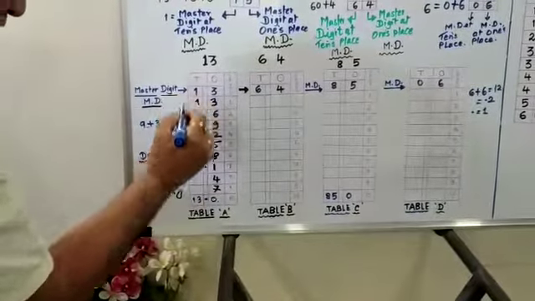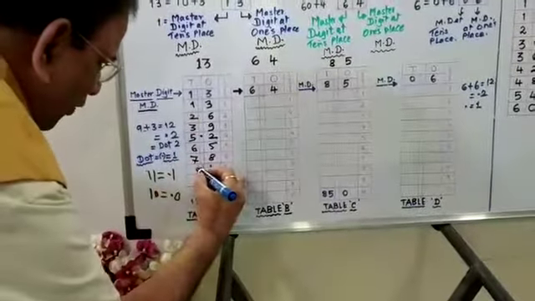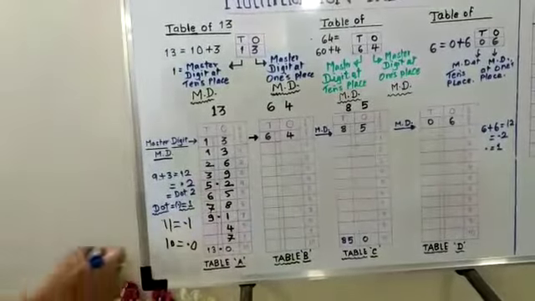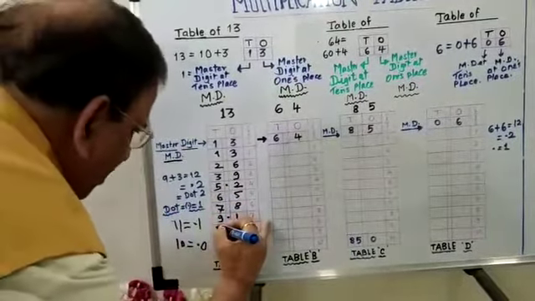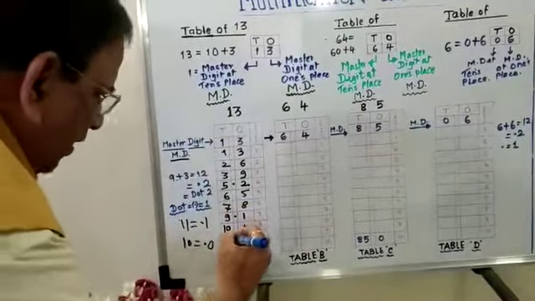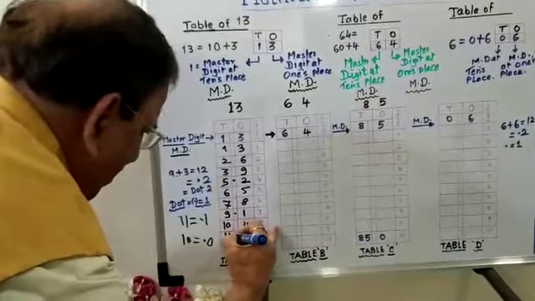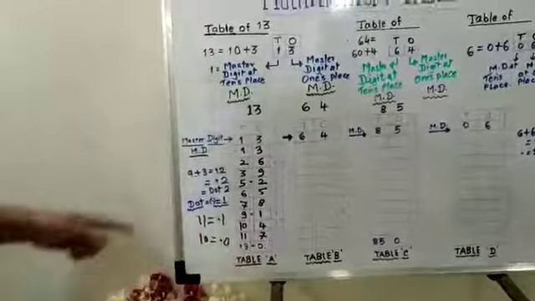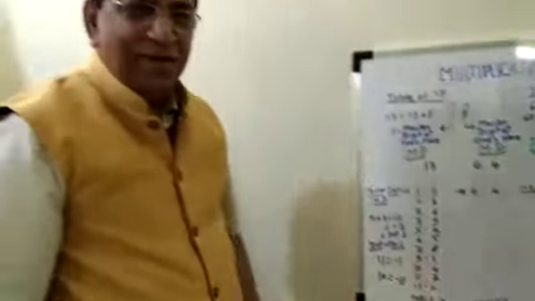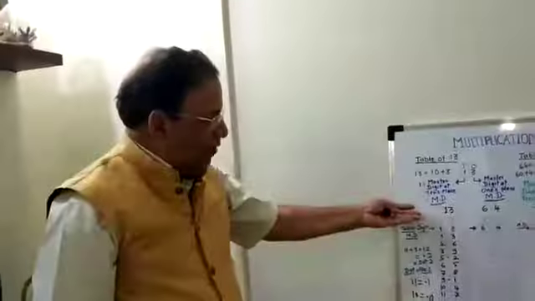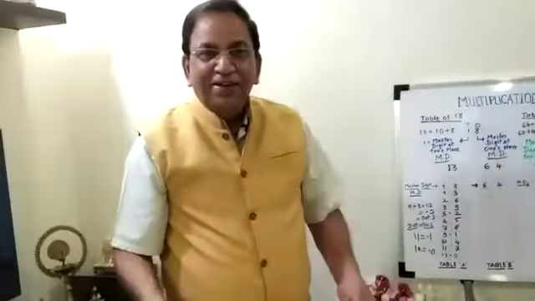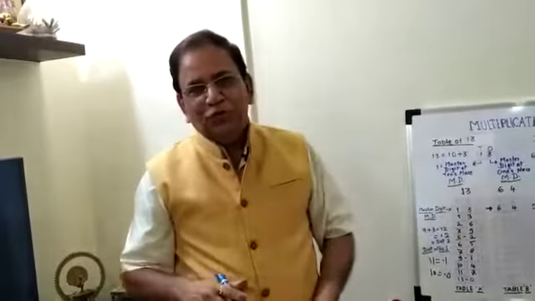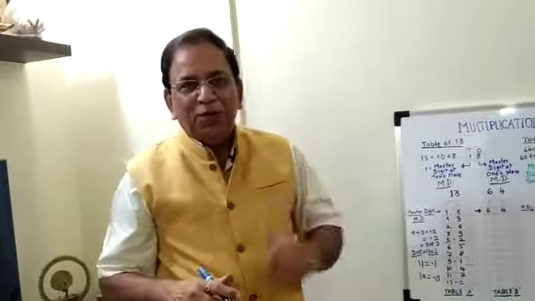Next is 7 plus 1, 8. Yes, the dot is here. So what do we have to do? 7 plus 1 plus 1, that is 9. 8 plus 1, 9. Now again 9 plus 1, 10. 10 plus 1, 11. 11 plus 1, 12. Plus dot, 13. So we got 13 tens are 130. So our difficult table of 13 is ready, and I never asked you to memorize even a simple table of 2. This is the magic of this particular method.